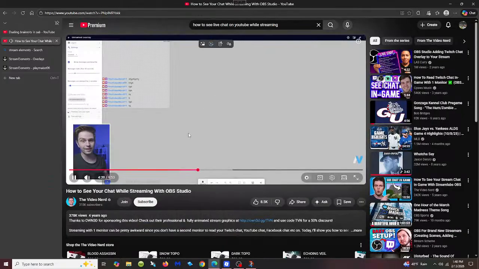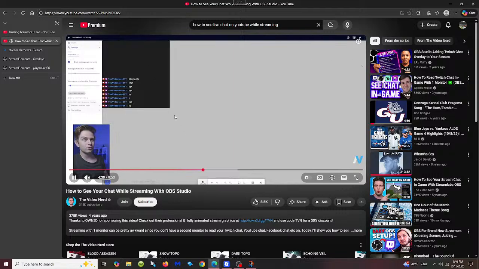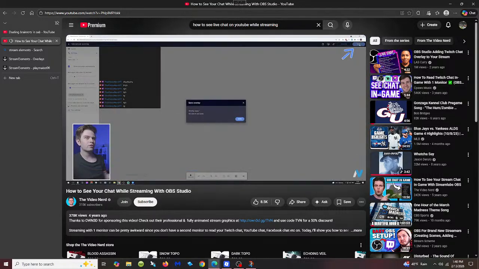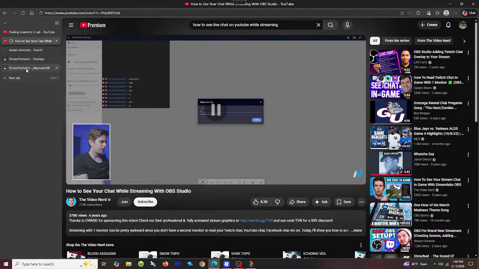And only shows you the text, which can be useful to show it on top of your game. And the white theme right here just changes the background to white. Now I'm gonna change it to dark chat to make it easy to see. Once you did this, you click on save on the top right, you give it a name, for example